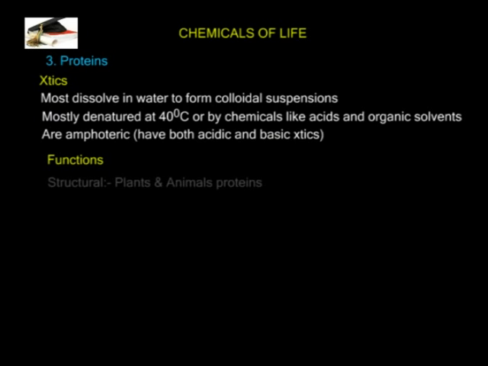Functions of proteins. Structural functions. Plants synthesize amino acids which build up the proteins. Animals obtain the proteins from the plants and then break them up during digestion and use the amino acids to form animal protein. In both plants and animals, proteins are used to make the framework of living systems. For example, the plasma membranes, connective tissues, muscle fibers, hair, hooves, nails, and skeletal material.